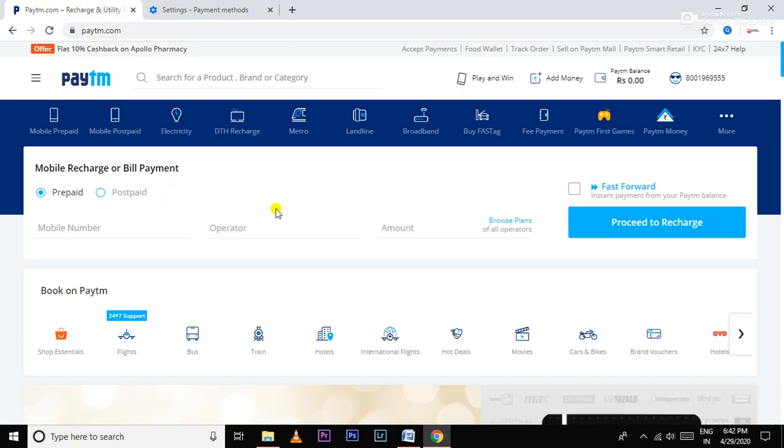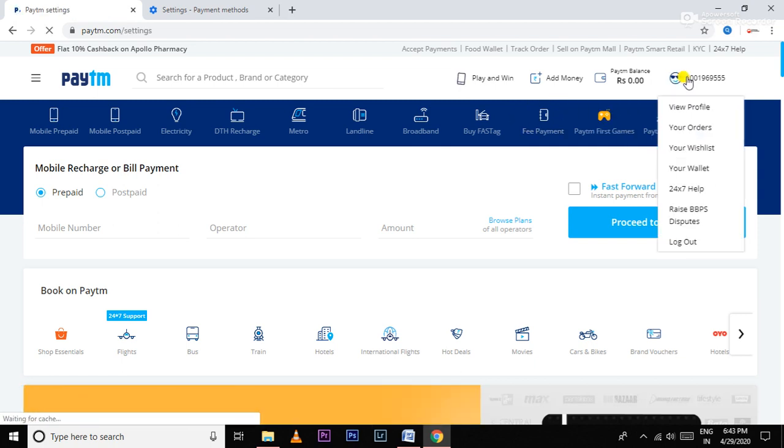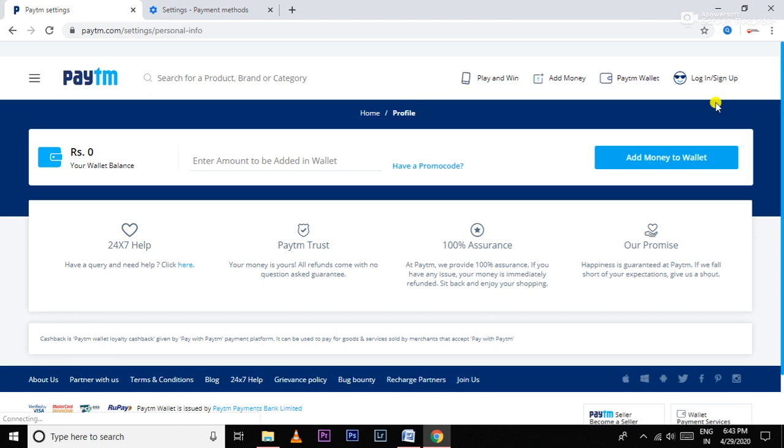So as you can see, this is the Paytm homepage. Here I have already logged in. So how I logged in into the laptop is, firstly I had gone to the sign in part, and after that a QR code generates. And in your phone you also have to log in into Paytm account, and there you have to just scan the QR code available on your desktop screen.